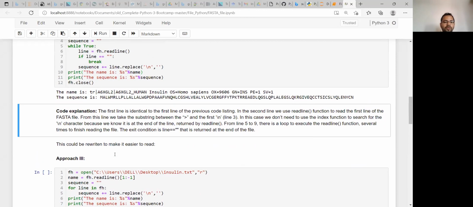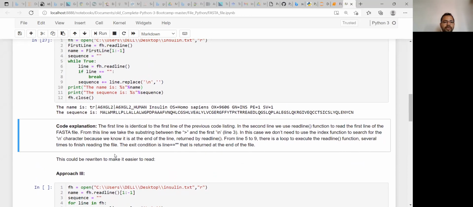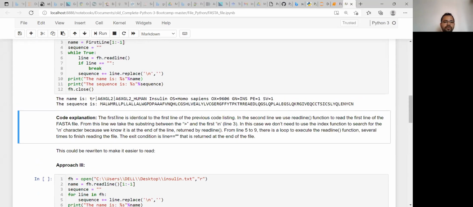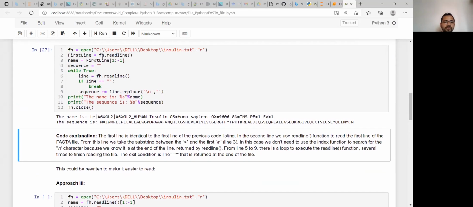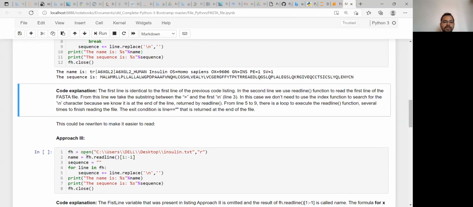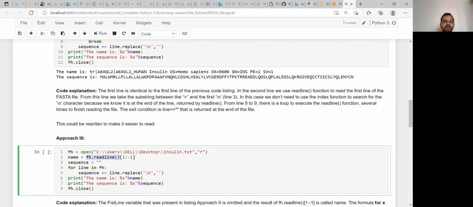Suppose you compare this to the 12 lines of code there, it is only 8 lines, so 4 lines less, and the code is almost similar. The first few lines are the same, only we have merged these two lines here, because basically we are reading this line and from that we are taking this much of the sequence part, that means without the greater than symbol, and that is stored in name.